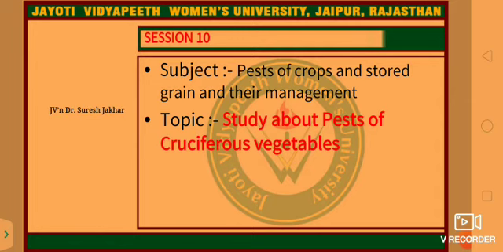Then application of neem seed kernel extract 5% is recommended against the incidence of diamondback moth and leaf webber on cabbage, which is found safer to parasitoids like Cotesia plutellae. Then opt for insecticides like dichlorvos only when the situation warrants and a sufficient time gap is available between spraying and harvesting. And these are the major pests of cruciferous vegetables. Thank you.